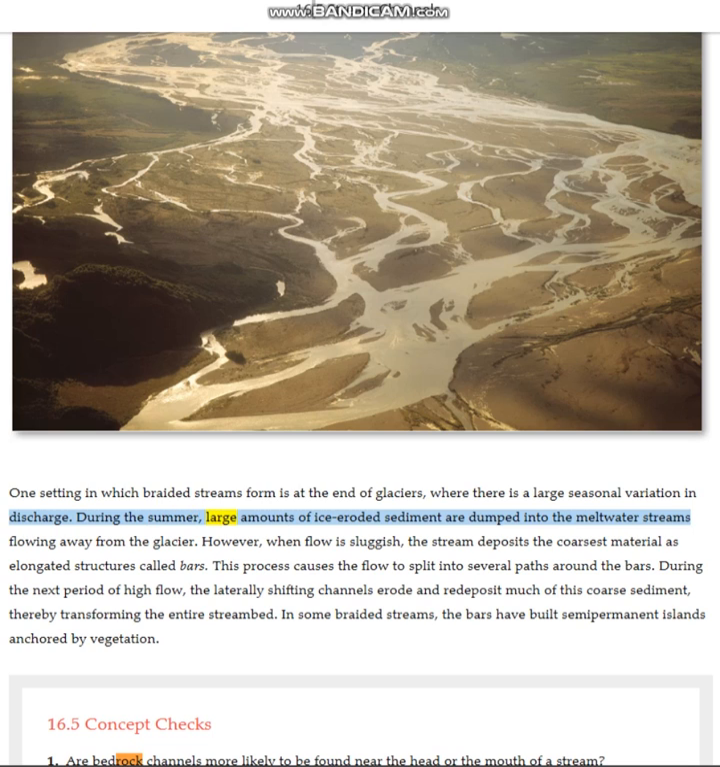During the summer, large amounts of ice-eroded sediment are dumped into the meltwater streams flowing away from the glacier. However, when flow is sluggish, the stream deposits the coarsest material as elongated structures called bars. This process causes the flow to split into several paths around the bars. During the next period of high flow, the laterally shifting channels erode and redeposit much of this coarse sediment,